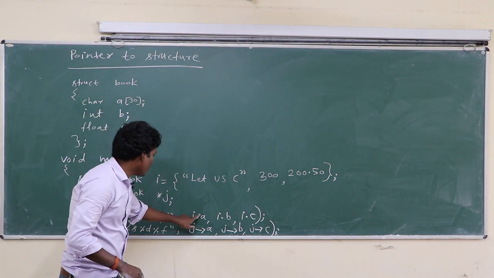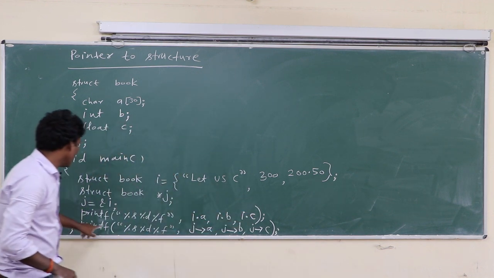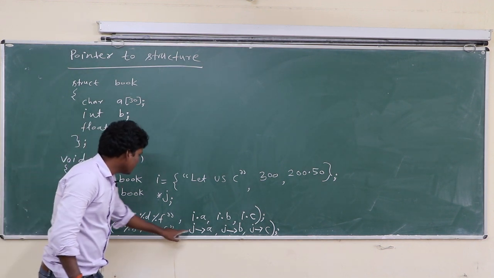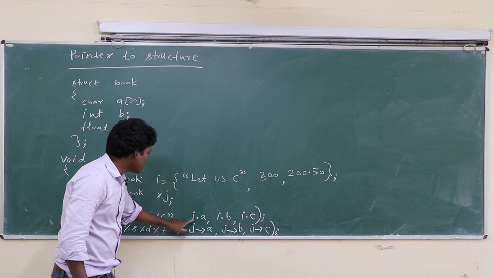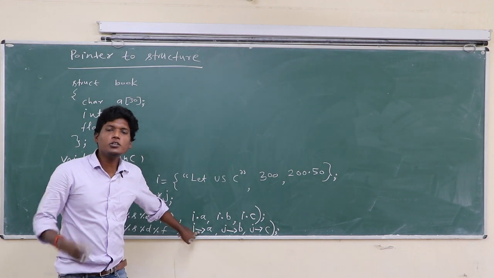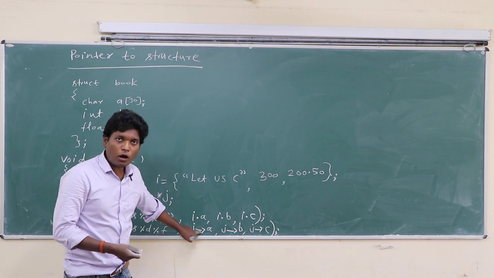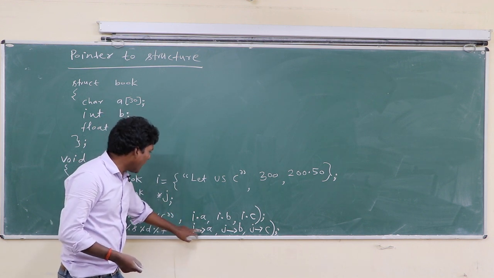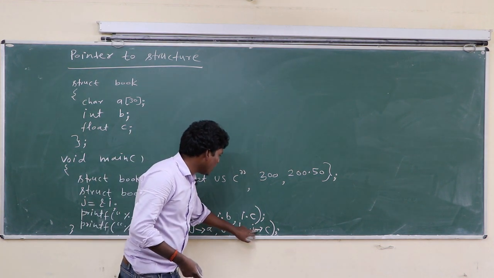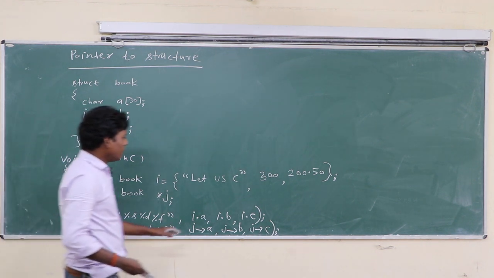So what will be printed here? Let us see. Here will be 300, here will be 200.50. In this printf, there is the same thing, %s, %d, %f. Here in place of i there is a j. In place of the dot operator there is an arrow operator. When you use a pointer variable, you have to apply the arrow operator in place of the dot operator. J arrow a, comma j arrow b, comma j arrow c. Okay class, so what will be the result here?